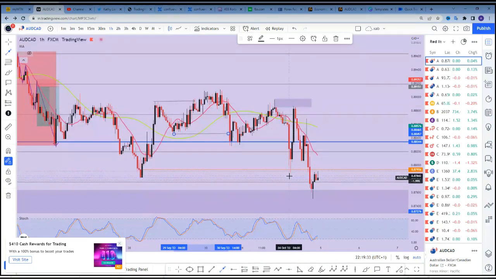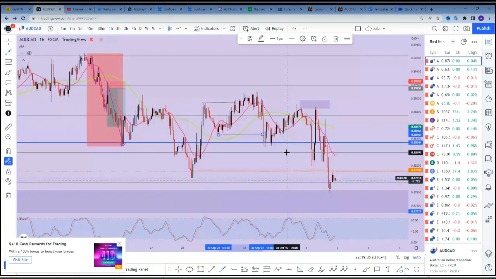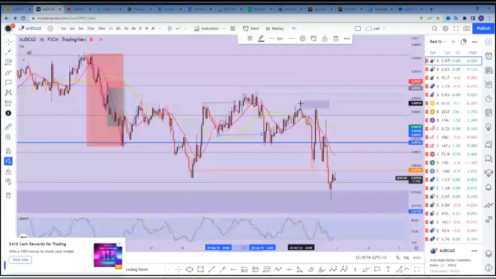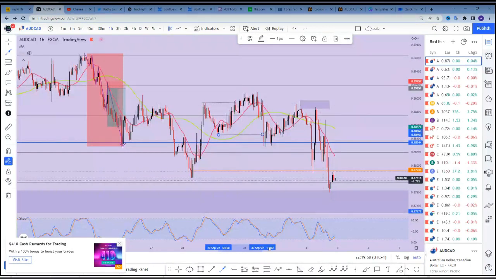Then what do you notice next? Price simply came all the way back to that point again. And at the point where it came back to the order block, we can see that the stochastics indicated that, yes, it's time to start selling right now. The first point, we got an entry signal from the stochastics. And we got our exit signal as well. At what point did we get our exit signal? We can see right here that the stochastics was oversold and it began to cross back up. So you'd have closed on this candle.